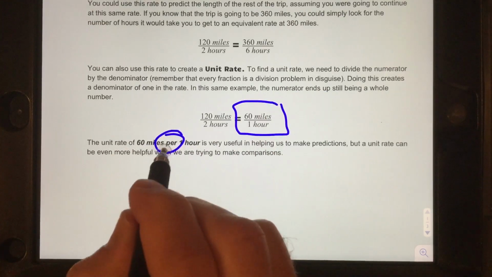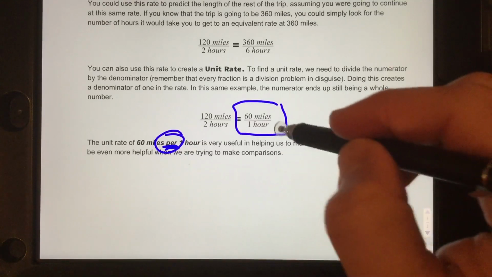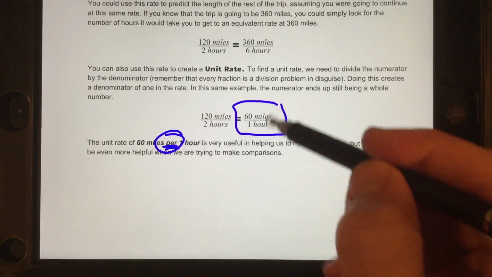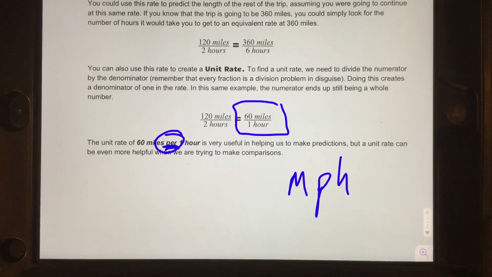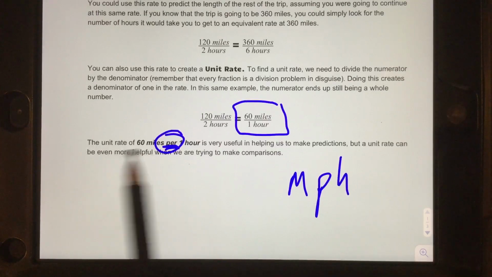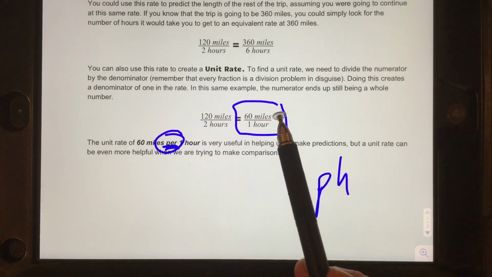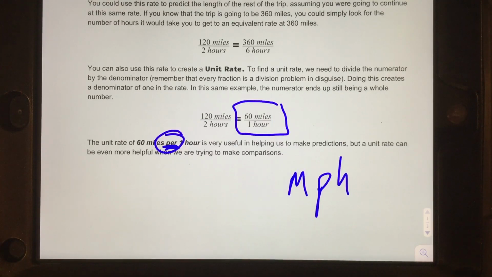So you've heard that quite a bit, and I mentioned that a minute ago, like cost per pound, or you're saying like how much is it per apple, or how much is it to buy all these t-shirts, so how much is it per one shirt. That word per then tells us that we're now dealing with that unit rate, 60 miles per hour, and that's where you see the MPH on a speed limit sign or on the speedometer on the dashboard of your parents' car, right? So 60 miles per hour, and that's what that's telling us, is that for every 1 hour we're going 60 miles. Okay,